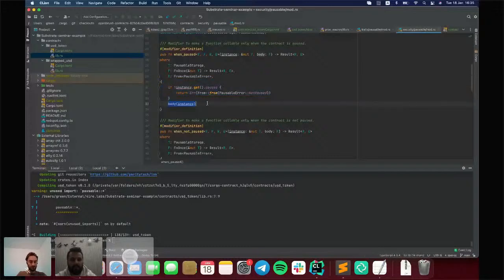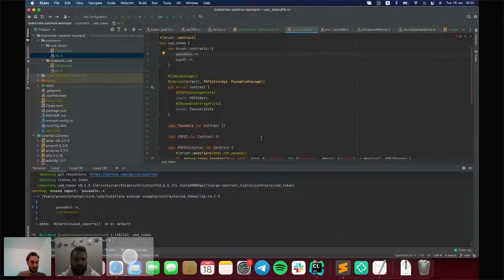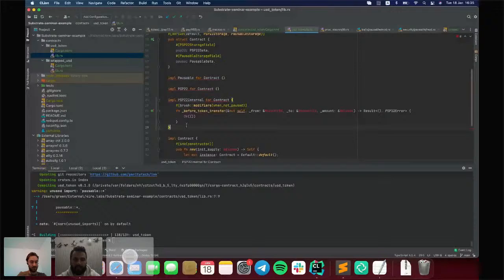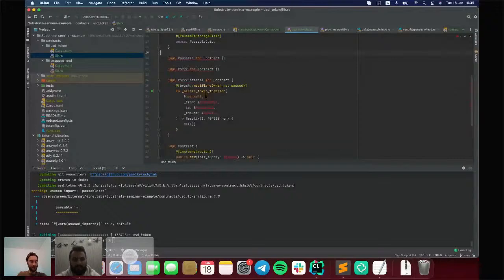But if you specify your own modifiers, you can specify, for example, that firstly you want to execute the body, and after you want to modify something. Okay, so if you want to do logic after executing the body, you can also use a modifier definition for it. Yeah, the modifier definition is provided by OpenBrush.